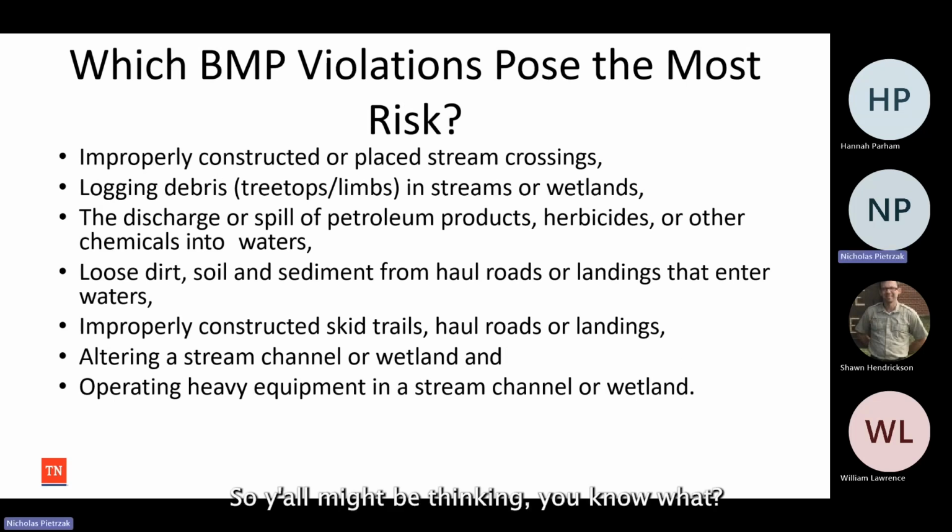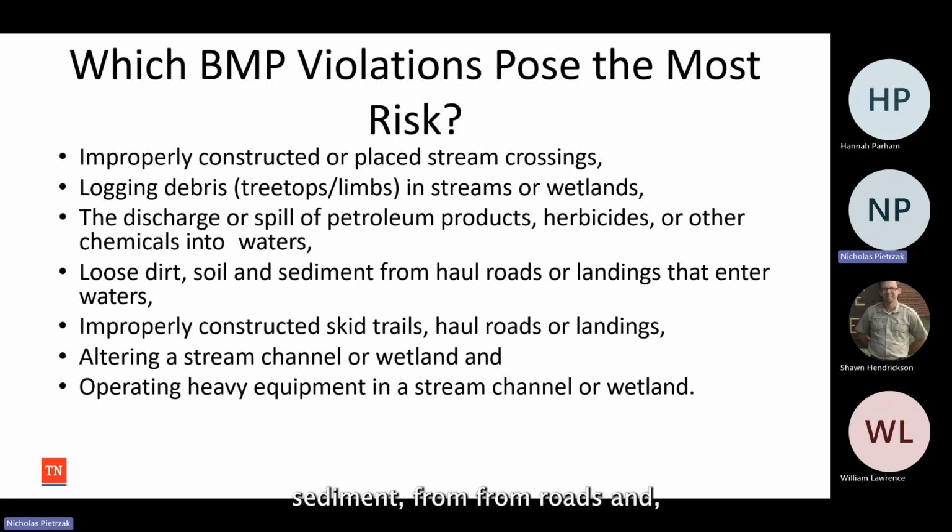So y'all might be thinking, what poses the most risk, and what are the most common issues we might see over the course of a year? These are improperly constructed or placed stream crossings. Sometimes you gotta cross a stream. Logging debris in streams or wetlands, the discharge or spill of chemicals into the water,